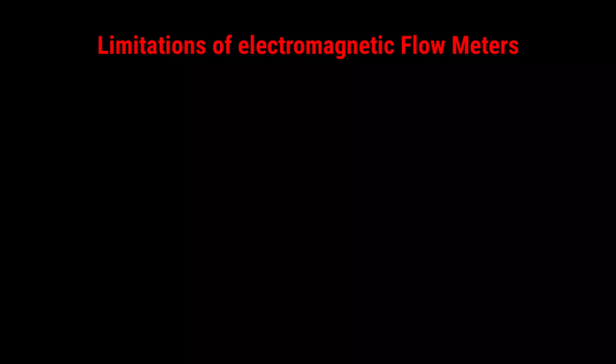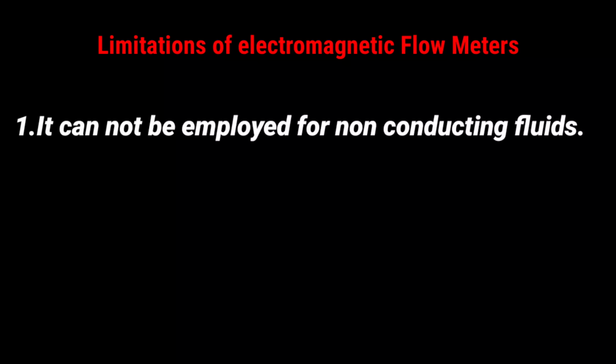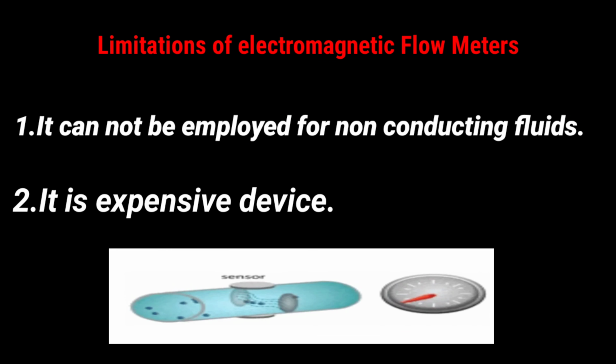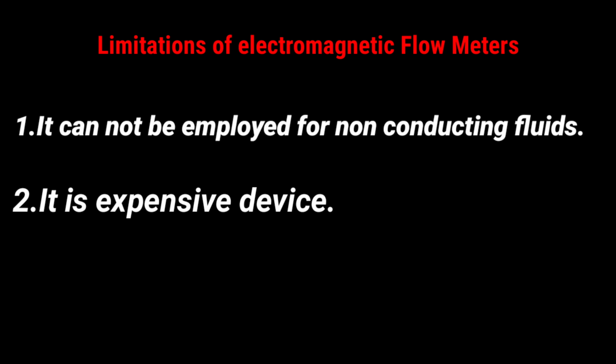There are some limitations of electromagnetic flow meters. One is that the substance being measured must be conductive. Therefore, it cannot be employed for metering the flow rate of gases, steam, petroleum products, and similar liquids having very low conductivity. And it is a very expensive device. As the meter always measures the volume rate, the volume rate of any suspended matter in the liquid will be included, any unwanted material also. To avoid any trouble caused by air entering when the flow tube is installed in a horizontal pipeline, there are some drawbacks for that.